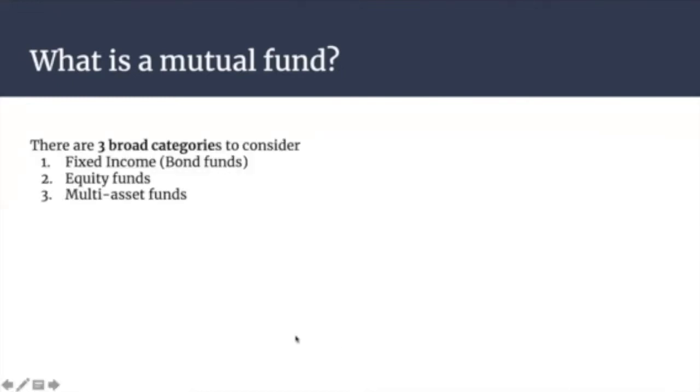There are many different types of mutual funds, but to keep it simple, I'll discuss the three main types I found. The first one being fixed income. This consists mainly of bonds, usually corporate or government, or any other form of debt instruments that provide a fixed payment to the mutual fund. The next is equity. It's pretty self-explanatory. This consists of company stocks. The next would be multi-assets, and that can be a combination of fixed income and equity.